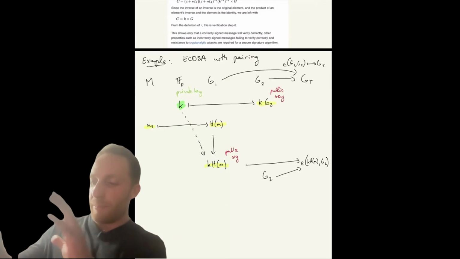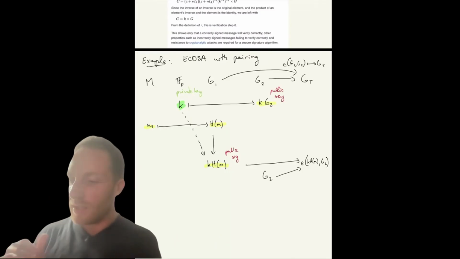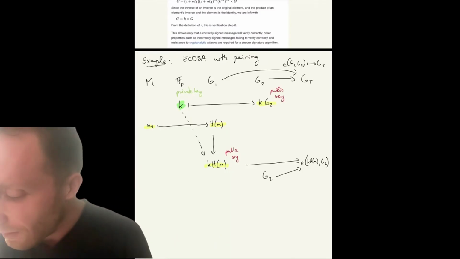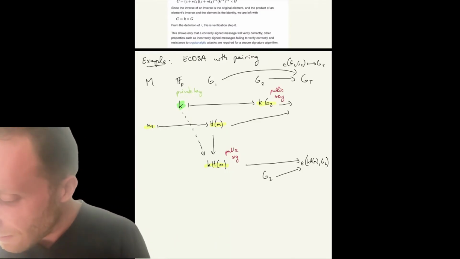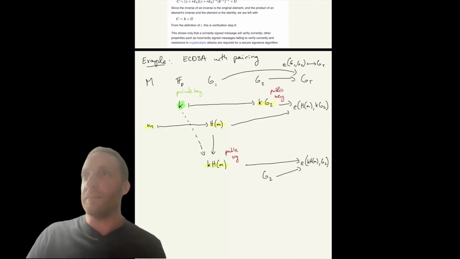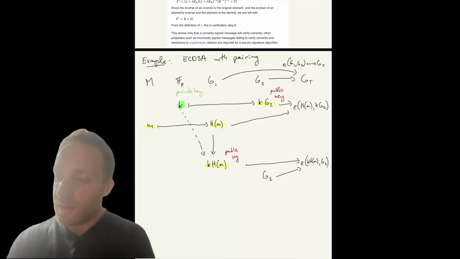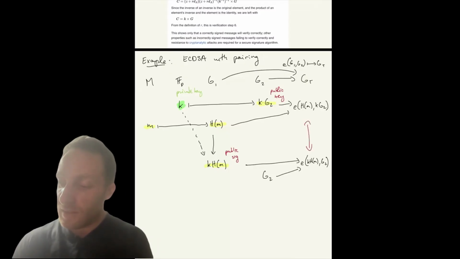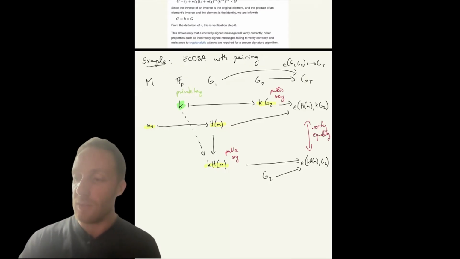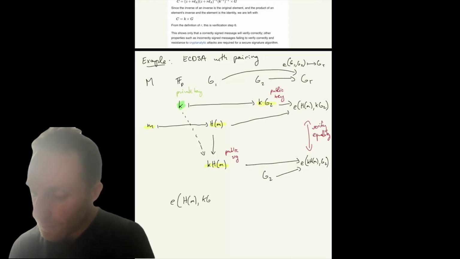So we have this pairing, we pushed this item off to GT, and then we'll do the same thing here, but with this and this. So E of HM, KG2, right? And then the signature verification is just to verify equality. So here we just need to verify that these are equal. And why does this work? Because if we take E of HM, K G2,